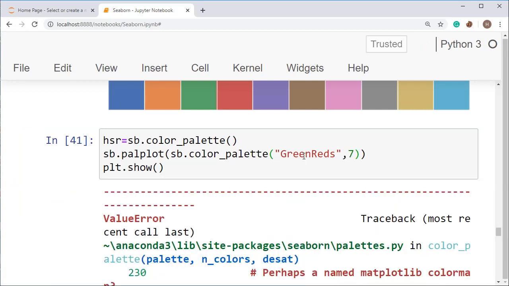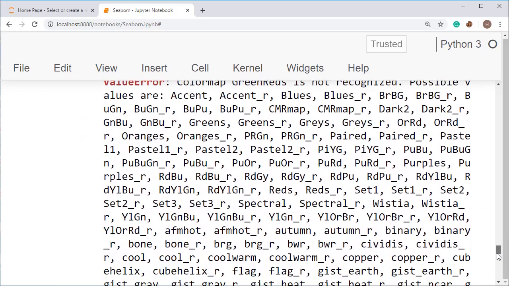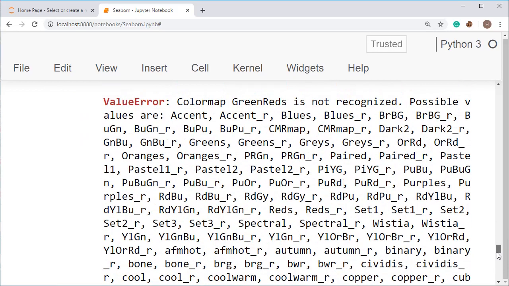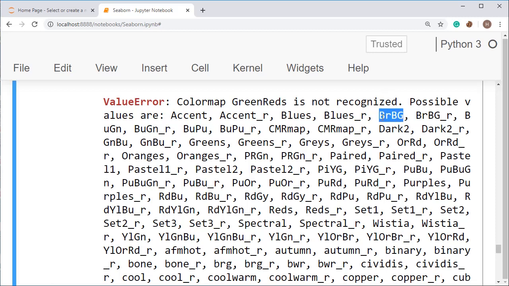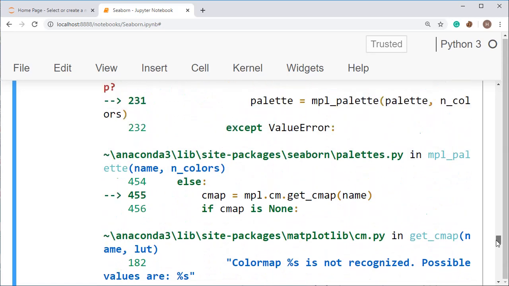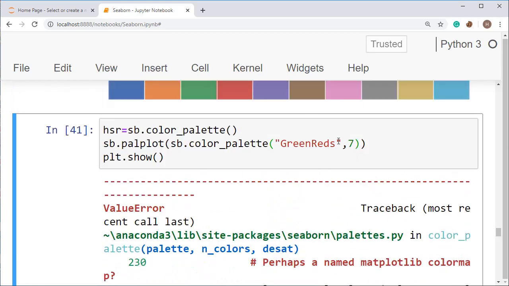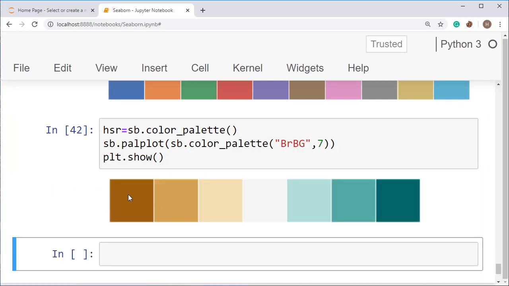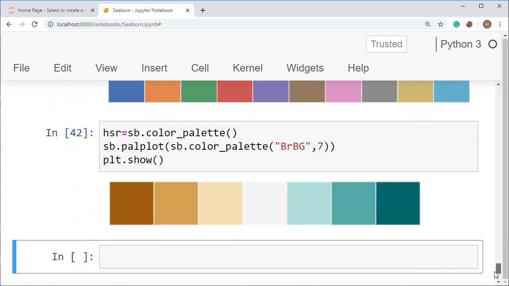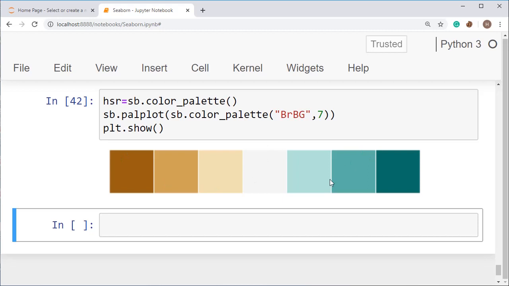So it will generate the code here. I have used the wrong keywords again. I want the color palette BrBG, brown and green. So put the color palette as brown and green, and then you will get it like this. You can also change the color values. Okay, so this is how you can change the diverging color palettes.